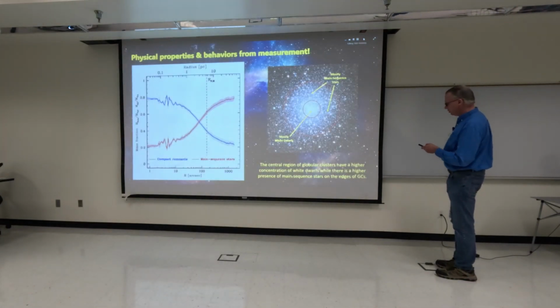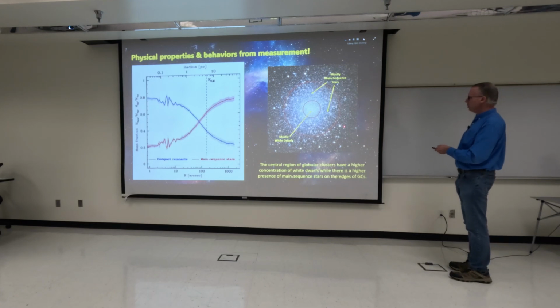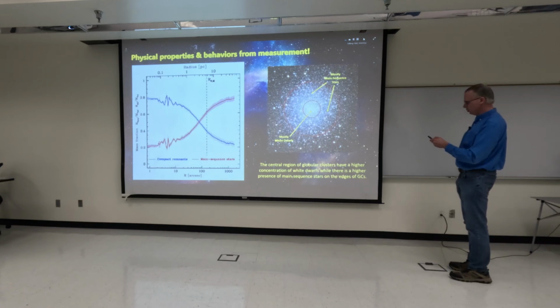Now we have our regions. We have mostly white dwarfs at the center, and we mostly have main sequence stars in the middle region, and then it's more of a variety in the more dispersed area right here. So we can break up the globular clusters into three regions: the white dwarf region, then the main sequence middle region, and the more dispersed outer area.